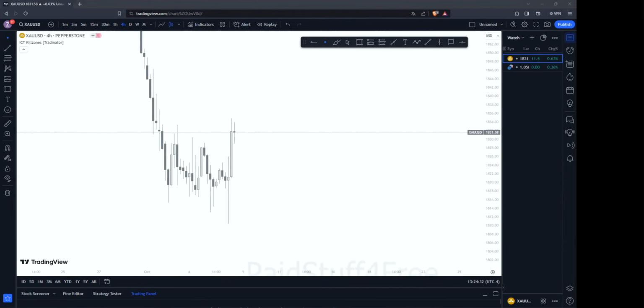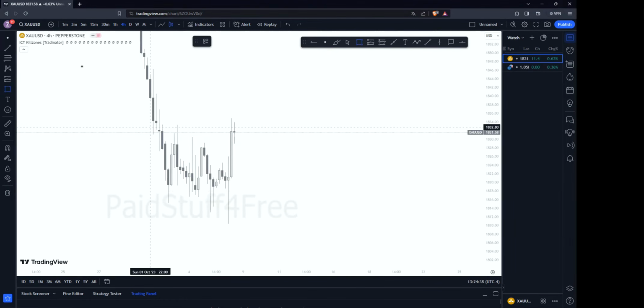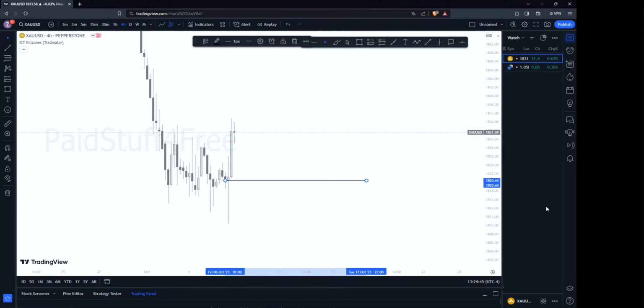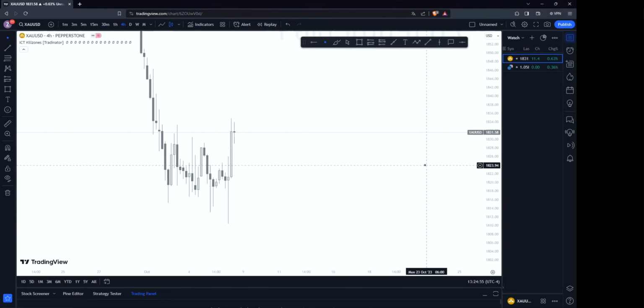Let's say I am with another broker, so can I still analyze gold with it? So what you do is analyze gold on Pepperstone. Let's say you get this level and you want to enter here. When you go to your MT4 or MT5, put the limit on this price. See this 1820.44? Put it on MT4 or MT5. Okay, got it. Thanks a lot. Amazing, no worries. Any other questions?